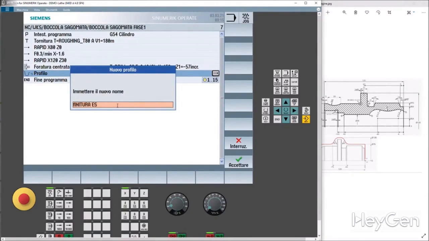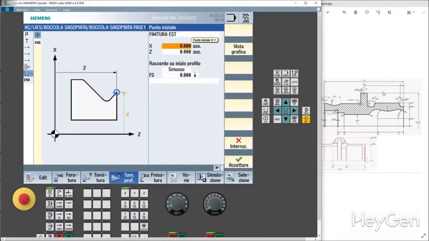Finishing external. I have the habit of capitalizing the first letter. Then it looks bad. Here we are. We accept. All right, the external finishing. We've already chamfered it, so we're going to do it starting from the diameter of 59, which has a chamfer, so the chamfer is 1. Let's say the starting point is at X55.